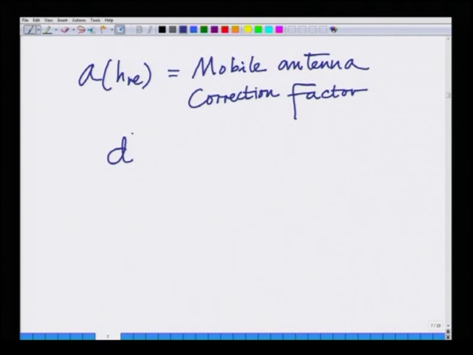D kilometers is the distance in kilometers. The distance d has to be given in kilometers, and the transmit and receive antenna heights